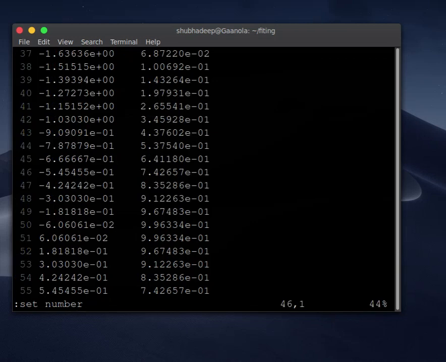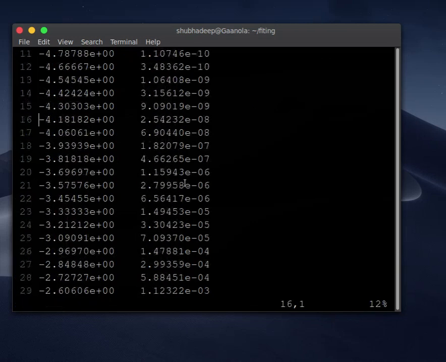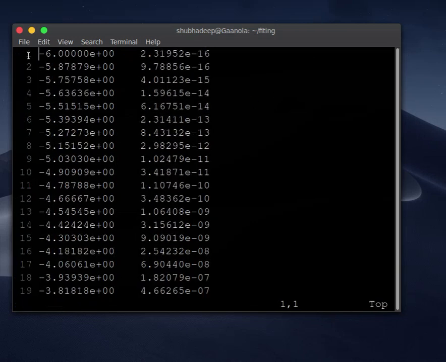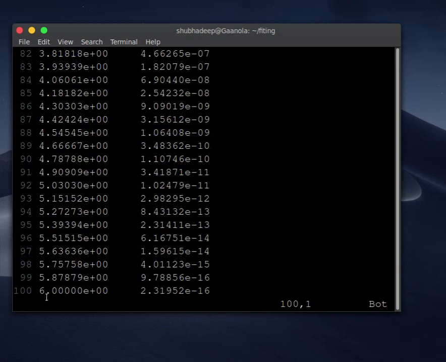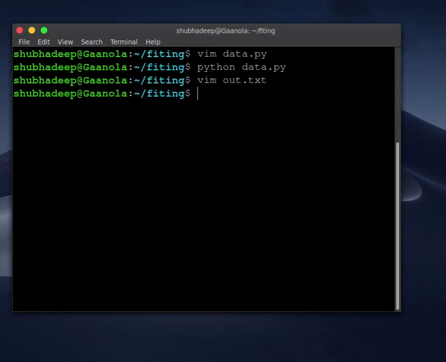Set number will show the line numbers. So you can see the line numbers here. You can see this is -6 to +6, with 100 points. This is the x values and this is the y values. Okay, so now let us write a